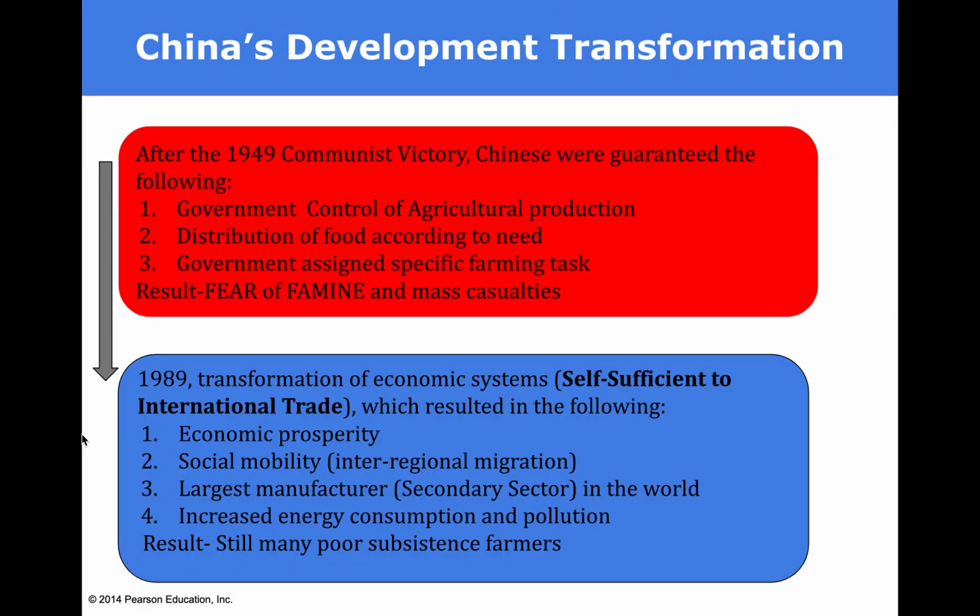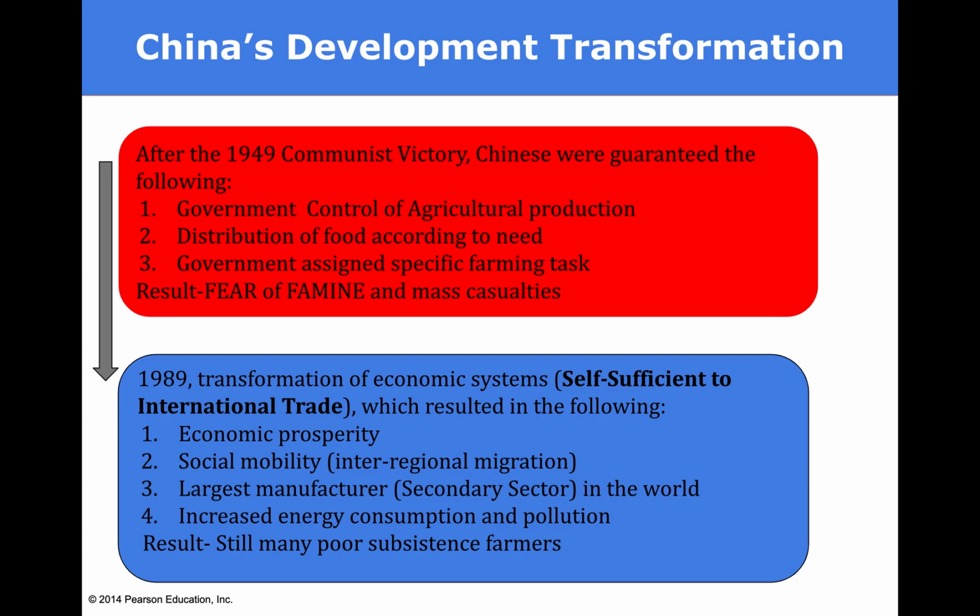But when we look at development transformation, Chairman Mao's Cultural Revolution failed miserably, creating fear of famine and mass casualties, where the idea was to provide food for everyone, but it didn't work. Then in 1989, they moved from self-sufficiency to the international trade approach. In doing so, they